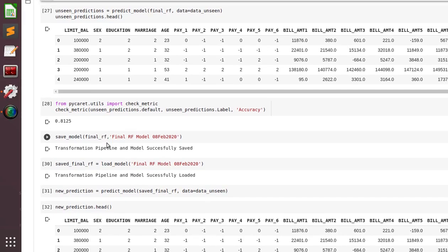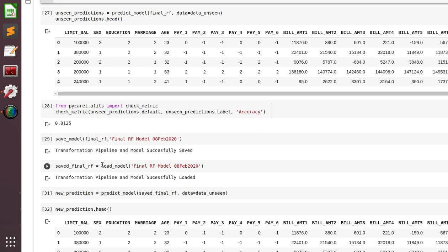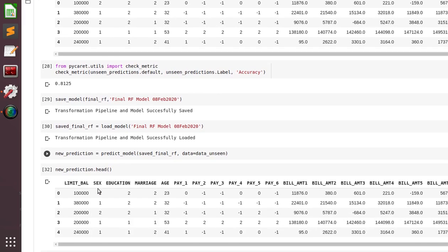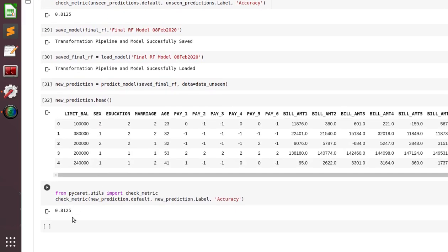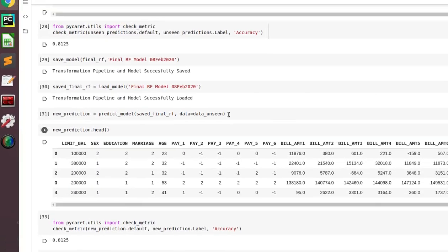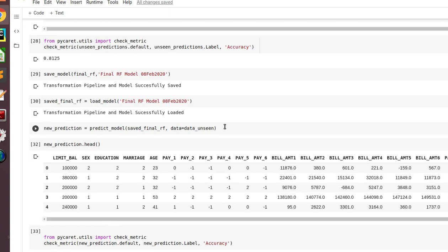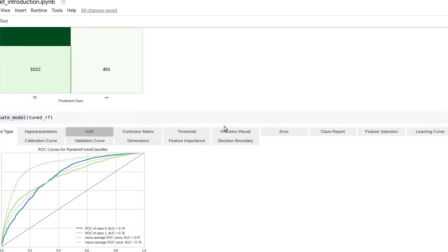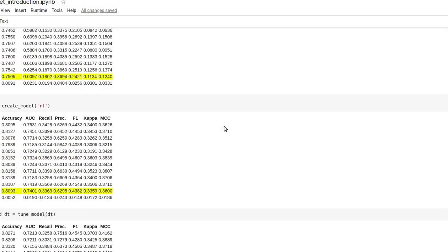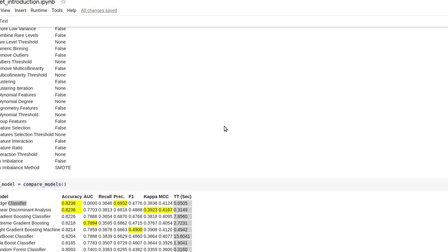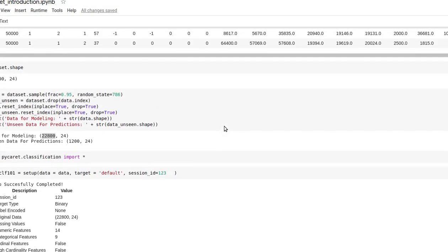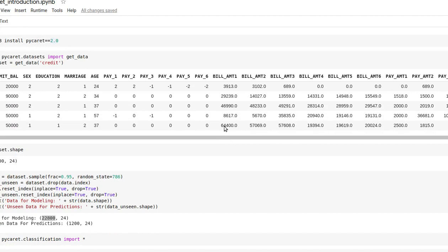Here I saved the model, then loaded it, predicted, and checked the accuracy. It's the same. It's just code to show you that you can save and load the model. So it's quite nice if you want to understand the prediction part, or how the algorithm performs on my data. It's a very good, low-code way.